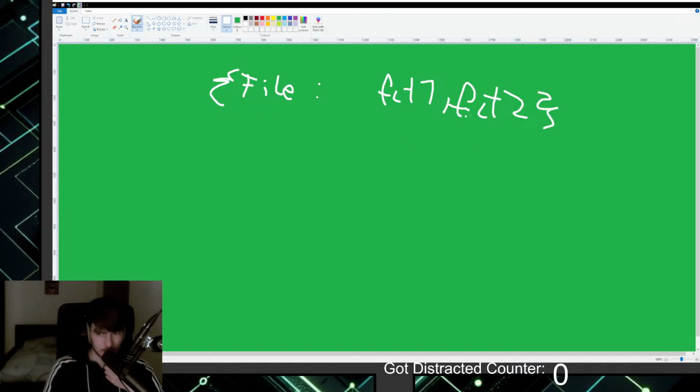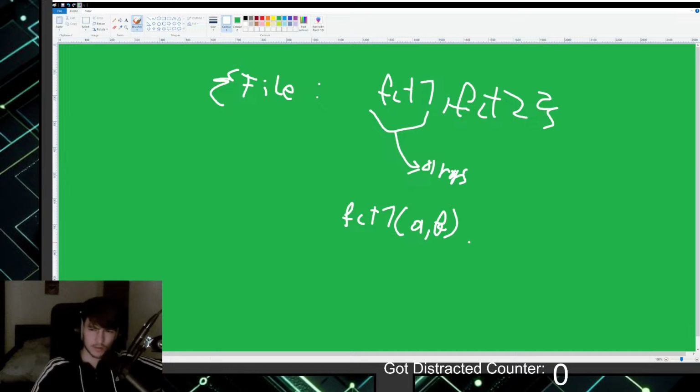So now I need to somehow attach the arguments to that thing. I'm thinking about how I do that. Do I just take the name of the function and like A, B, like that, and give that to Jarvis?